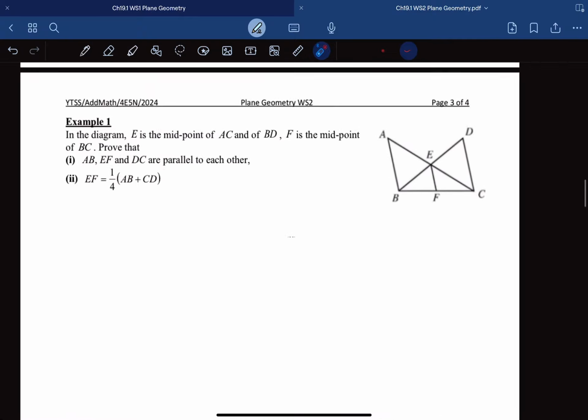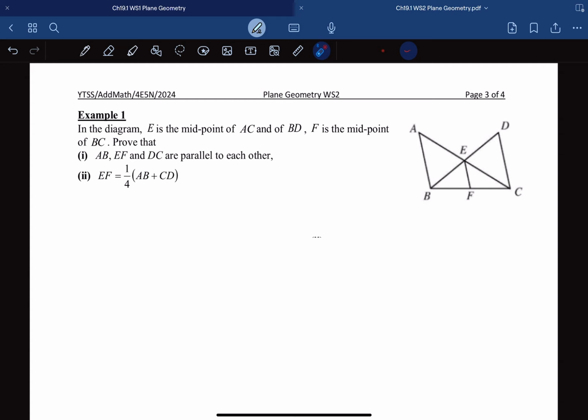Okay, so let's look at example 1. We know that E is the midpoint of AC, so E is the midpoint of AC over here. If I want to mark it, I can draw this line here. And therefore, it is also the midpoint of BD, so I know that BE is the same as ED. Okay, and F is the midpoint of BC, so this is another midpoint that we have. Prove that AB, which means that this line is parallel to this line, which is parallel